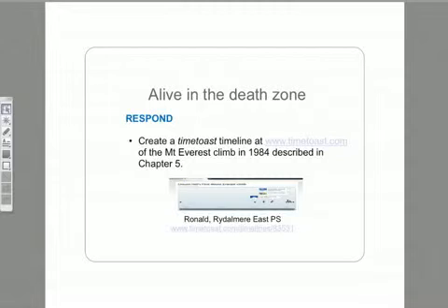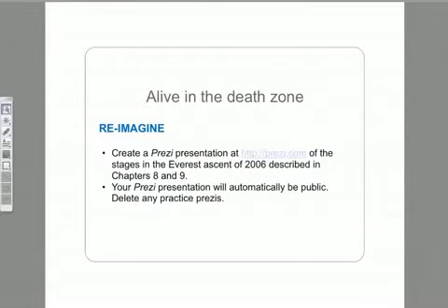asks students to use Time Toast, which is a lovely Web2 tool which helps kids, actually adults, because Web2 tools really are often for adults, and they've been co-opted for education because they're so luscious. Anyway, this task requires students to create a timeline of the Mount Everest climb, which is described. So Time Toast is a bit of a blast. If you don't like it, you could use another one called Dippity, which is also pretty gorgeous.